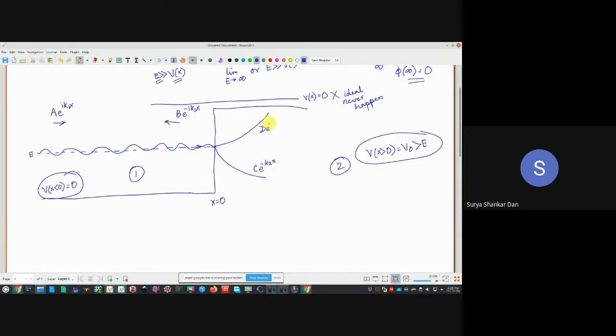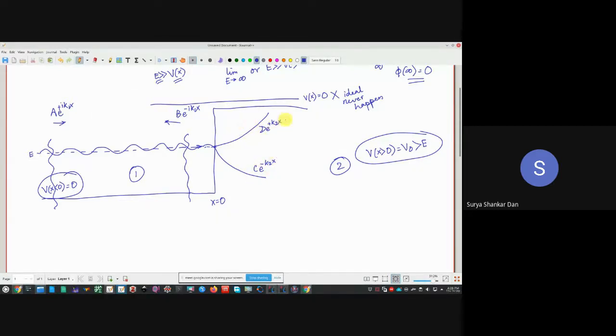d e to the power of plus k2x. This was a combination of plus and minus. However, there was an i over here. That means it is only the phase term. Your amplitude will remain the same. So basically, the probability of finding the electron here and the probability of finding the electron here are the same because it is a wave. However, in this case, it is not an i. That means your amplitude is increasing, and in this case, amplitude is decreasing. Is that clear?